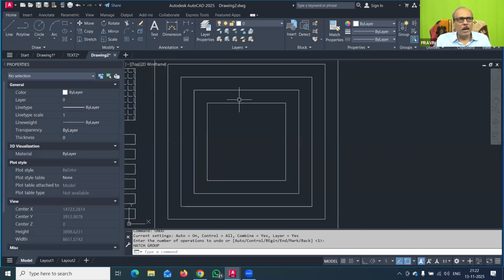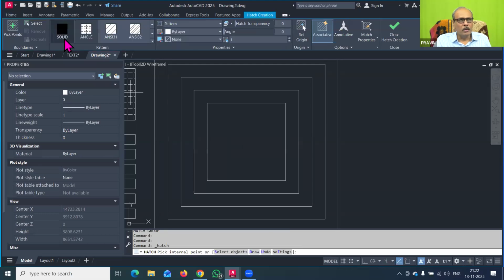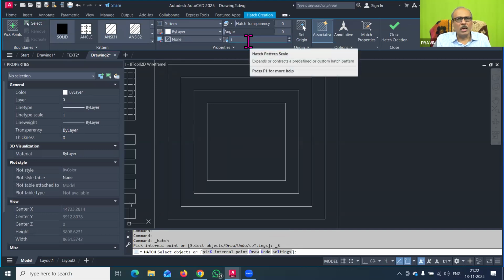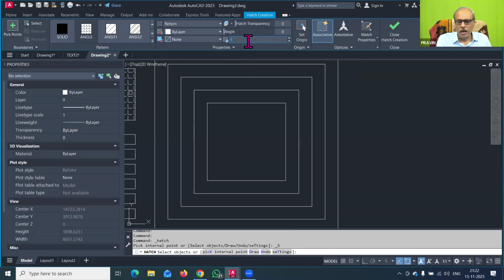So now, instead of pick point, I go to the hatch command and I will select object. But guys, remember, before selecting here, we have these options. You can change the hatch scale. You can type it here also. You can make it 20.